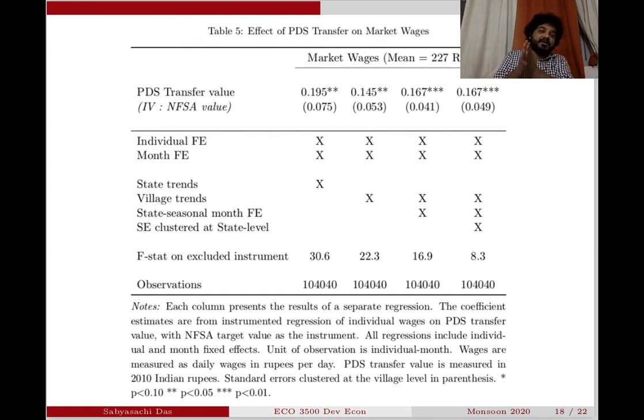A social safety net is supposed to deliver some kind of subsidy to people, but what this is saying is that because it has an effect on labor supply, people are withdrawing a little bit from labor, and that has a significant impact on wage. Now you may wonder, why is it that such a tiny change in labor supply is leading to such a large increase in wage? That's because the change is concentrated in certain sectors, and everybody is benefiting from it.